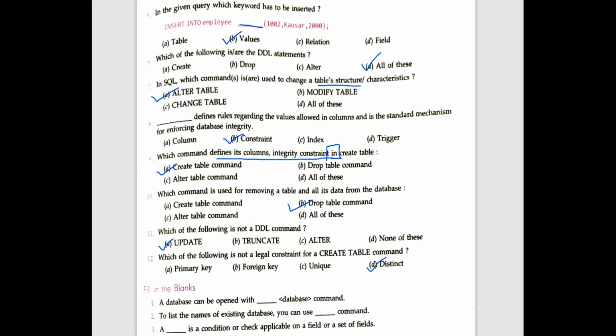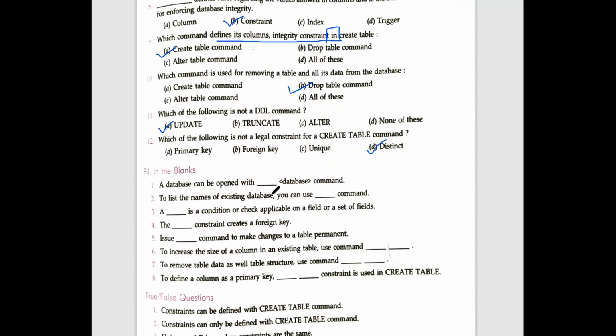And where are we using distinct? Karan, your answer is also correct. Where are we using distinct? Any one of you can speak the answer. To find the unique values. Very good. To display the unique data. Suppose in your particular column duplicate values are there and you want to only display the unique values, that time you will be using distinct. Very good, Karan.